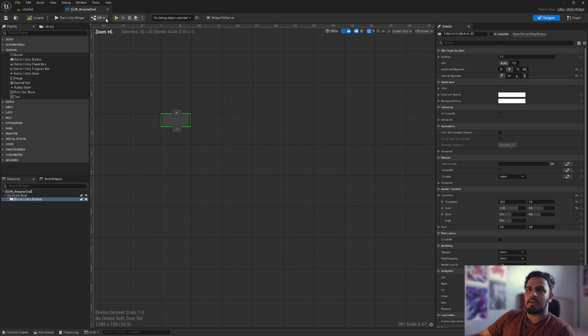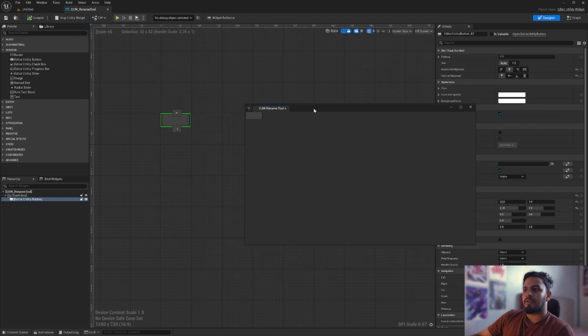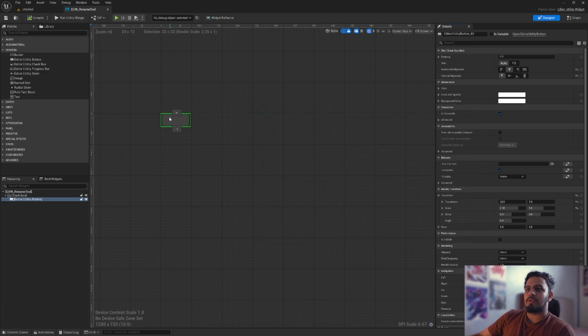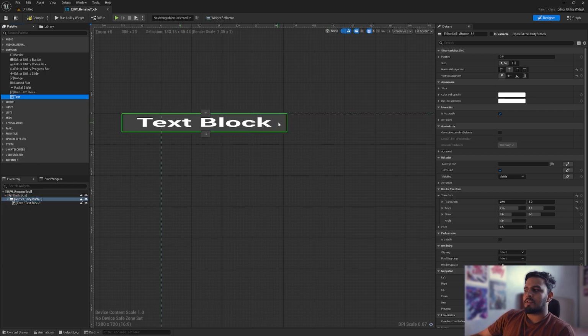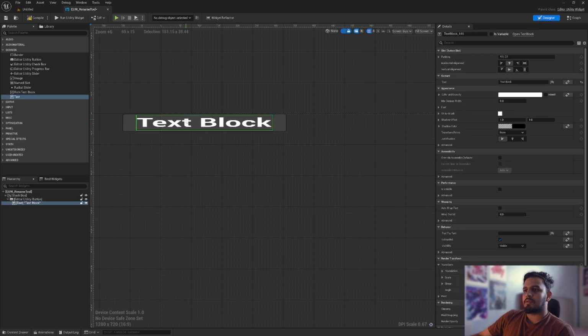We have already created a button, and once I create it, it is basically giving me a window for a utility widget, and now I can assign functions to this button. First of all, what we need to do is to name it properly. So this is our button, but we need some text on it. So I'll just select and put it under here. So the text block is here. So in the text block, I can type